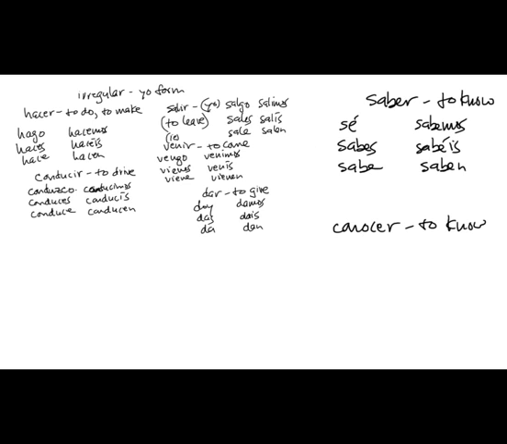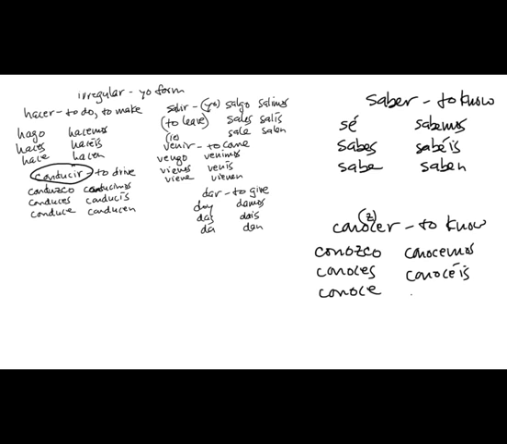Conocer is like the verb conducir over here, in that you have to put that z in the yo form. So you end up with conozco. After that it's regular. Conoces, conoce, conocemos, conocéis, conocen. Okay, the differences are saber is to know a fact, some sort of a fact, whereas conocer